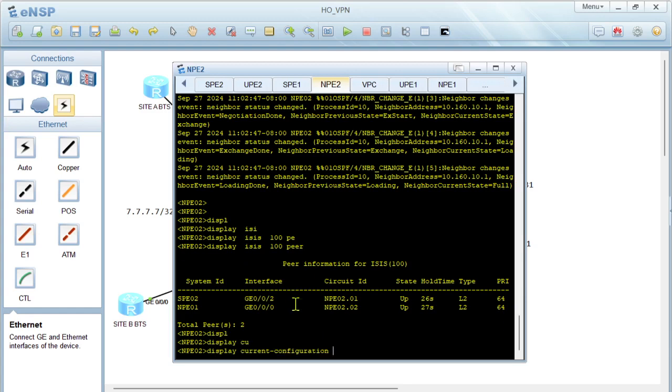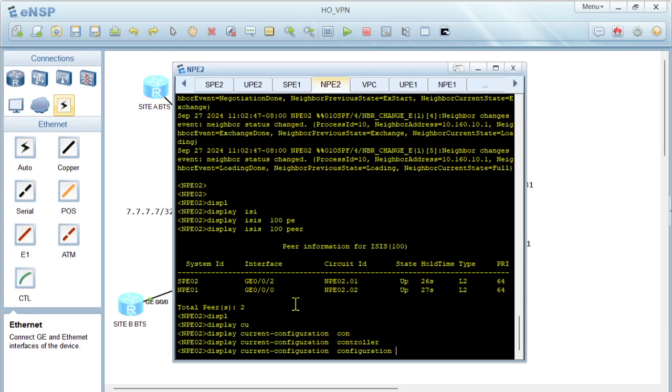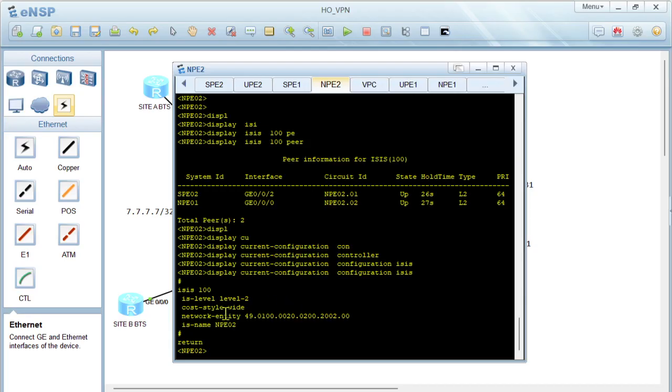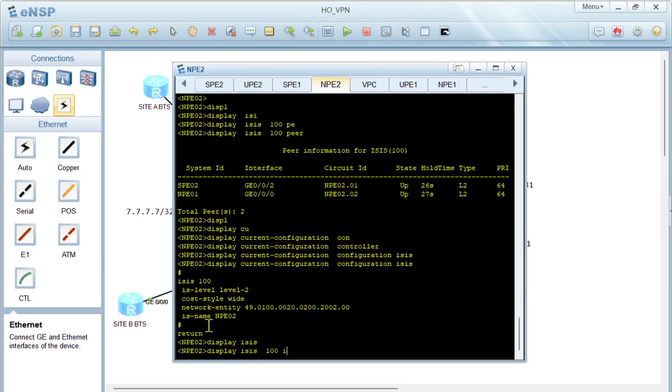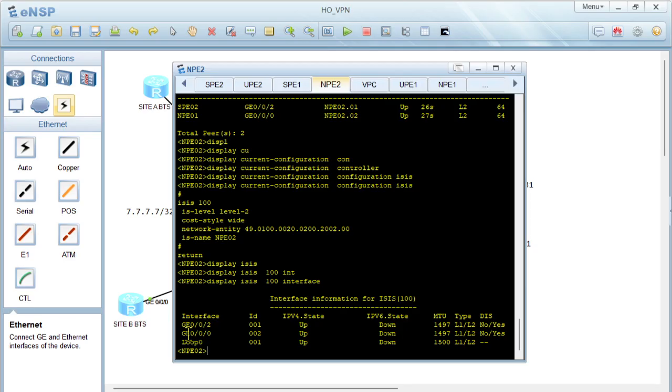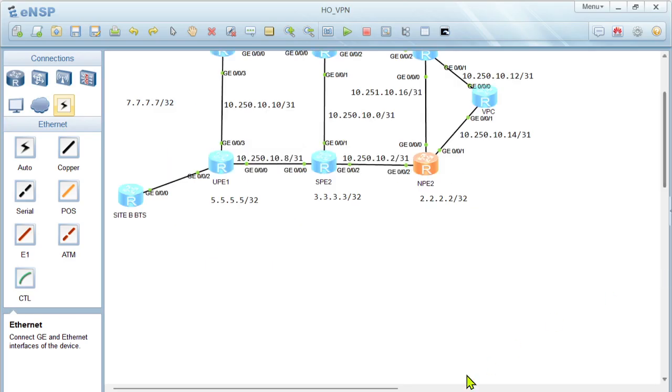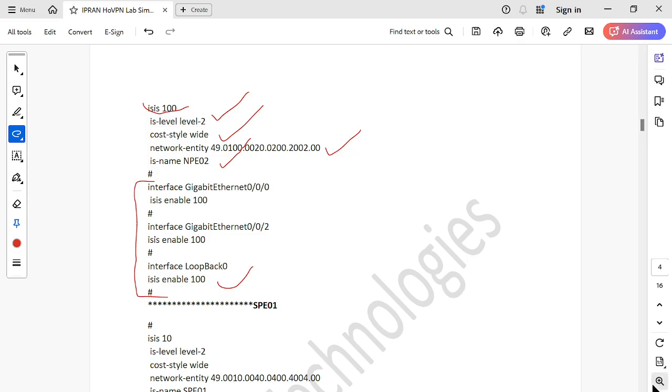Display current configuration, configuration ISIS. So we have ISIS 100 configured. I can display ISIS 100 interface. We have these interfaces activated with ISIS 100. So the next stage of our configuration